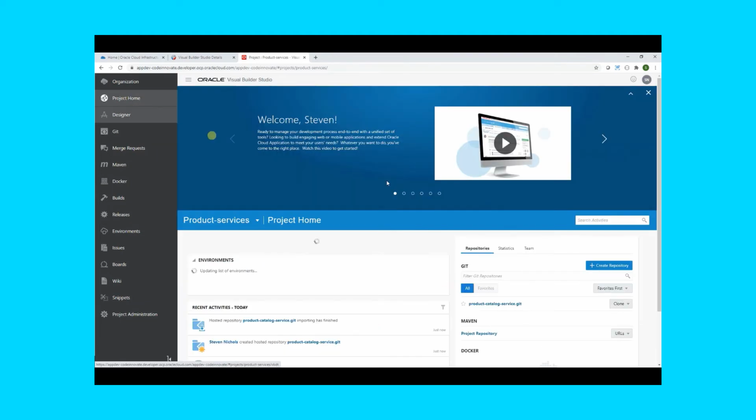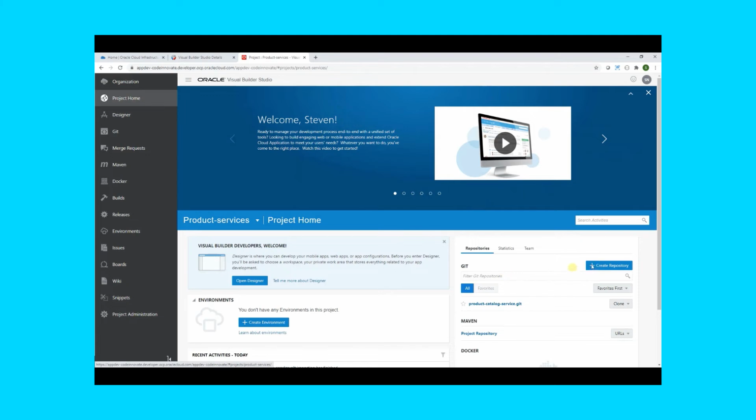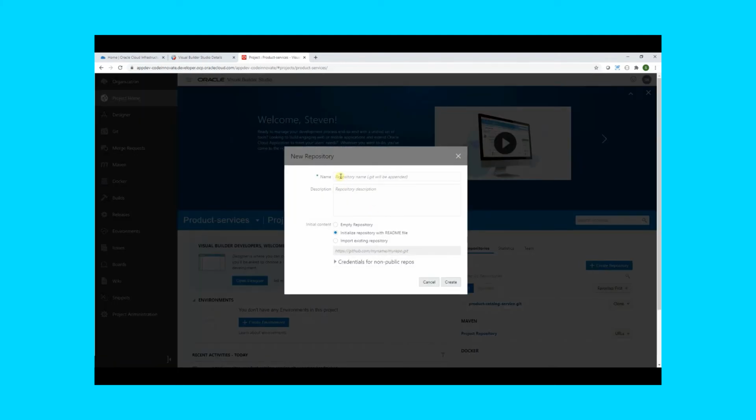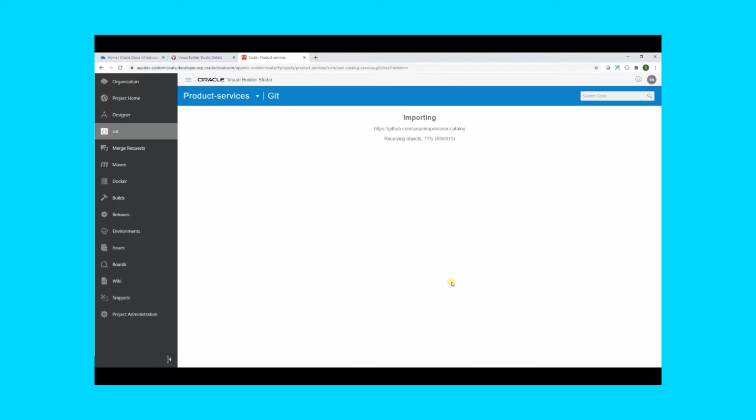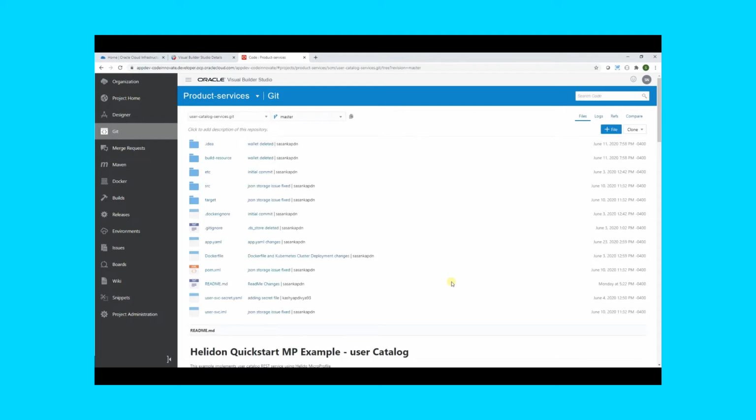Let's navigate back to the project home. And let's add a second repository. And again, this one will be leveraging an existing repository which will be imported. Now that the repositories have been created,